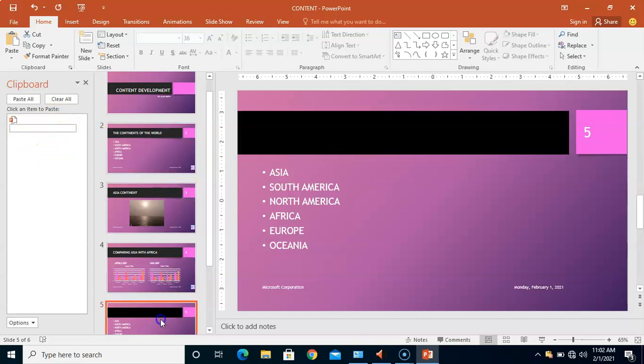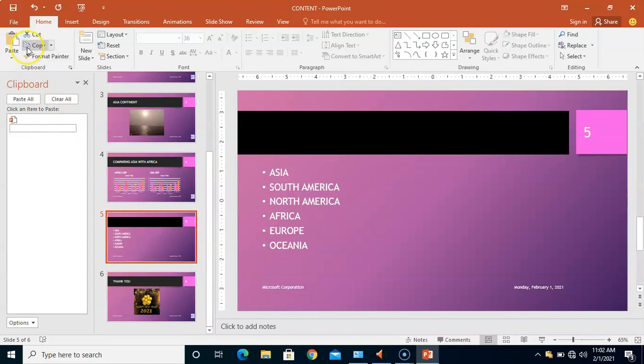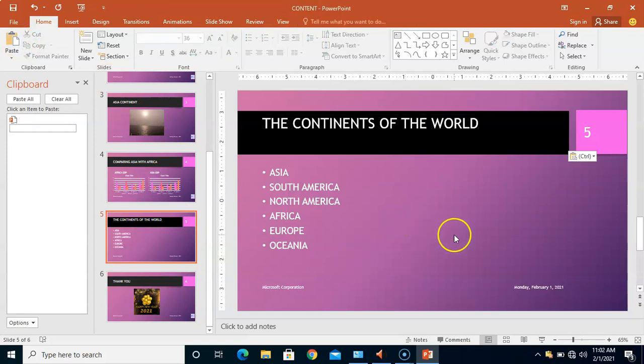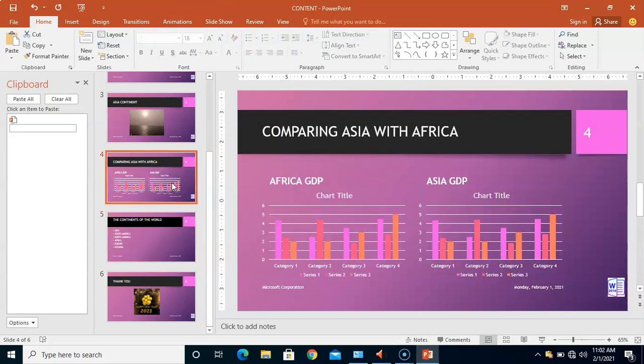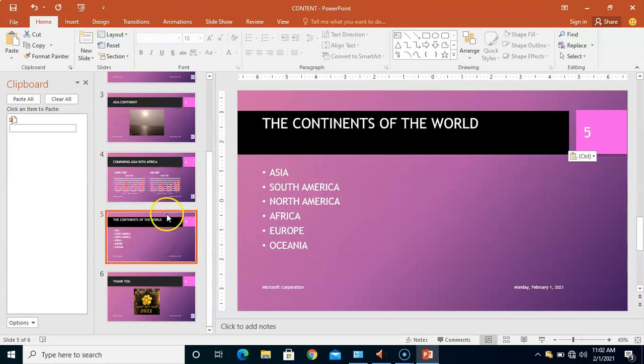So I can now go to the slide that I want to put it, then click paste. Do you understand that? So as you can see now, look at it. Exactly what you have on the other one is here now. Do you understand that? So this is possible. I hope you get what I'm saying. So the only difference between this one and the one here,